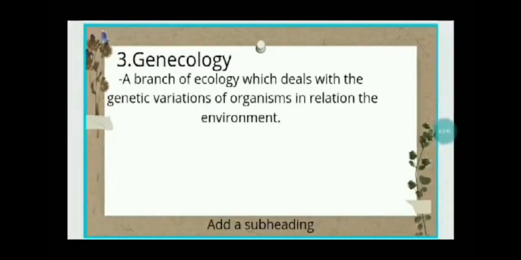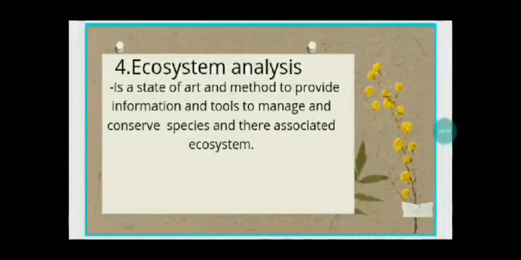The third, genecology. Genecology is a branch of ecology concerned primarily with the species and its genetically variant subdivisions, with their position in nature and with the controlling ecological factors. Fourth, ecosystem analysis. Ecosystem analysis is a mix of biochemistry, ecophysiology, and micrometeorology that emphasizes the circulation, transformation, and accumulation of energy and matter through the medium of living things and their activities.